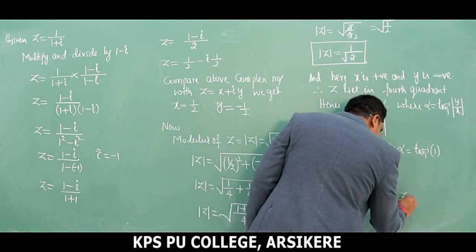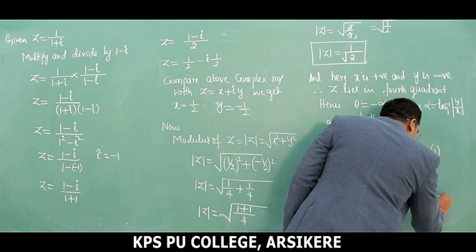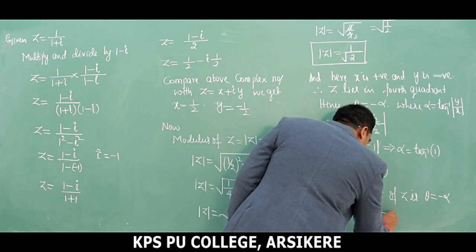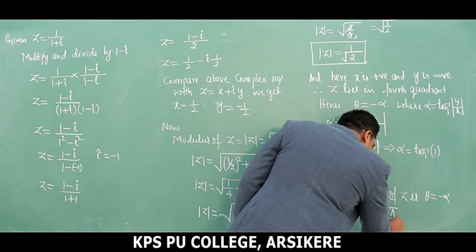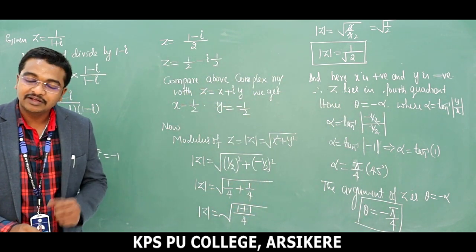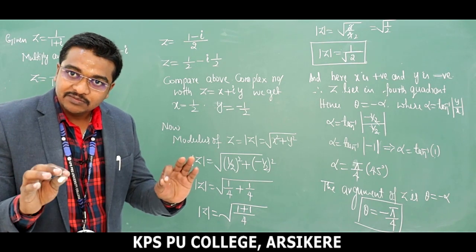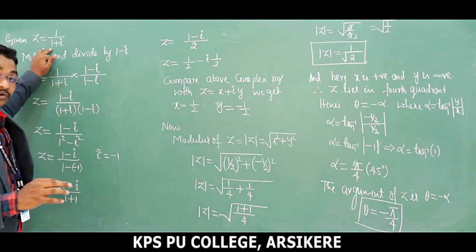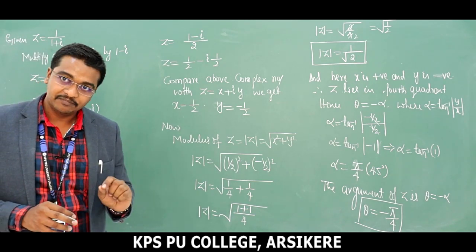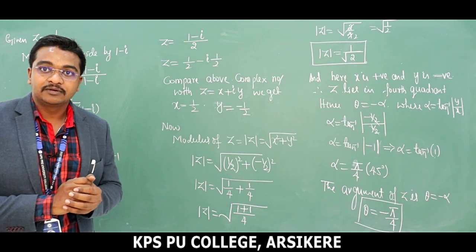of z, that is the given complex number z, is theta is equal to minus alpha, theta is equal to minus pi divided by 4. This is our required argument. Is it understood, children? theta is equal to minus pi divided by 4. Concept is very simple. Here convert the given complex number to z is equal to x plus iy. Okay, take a pause and note all the things that I have written here.